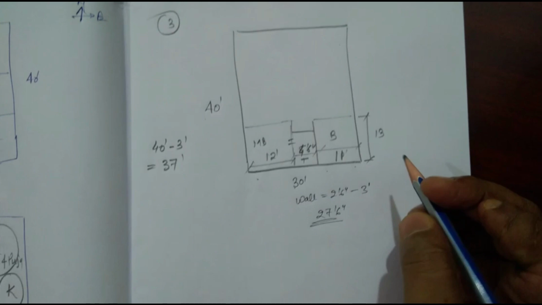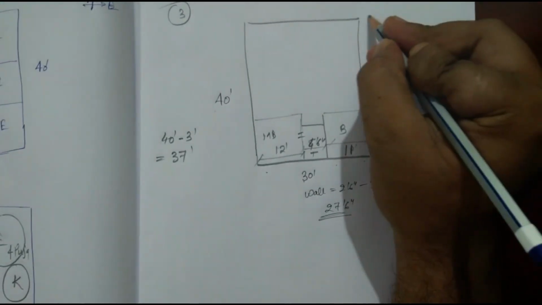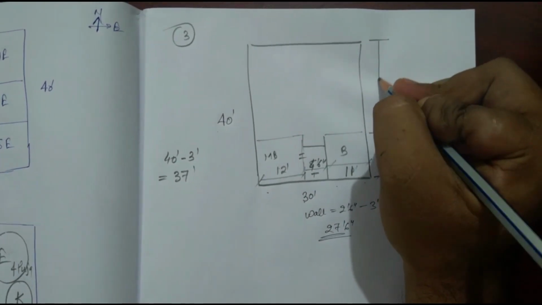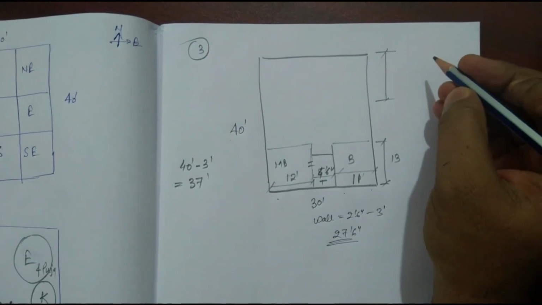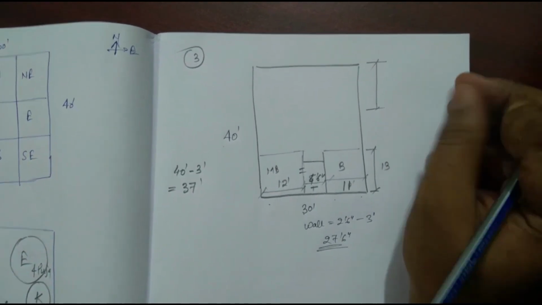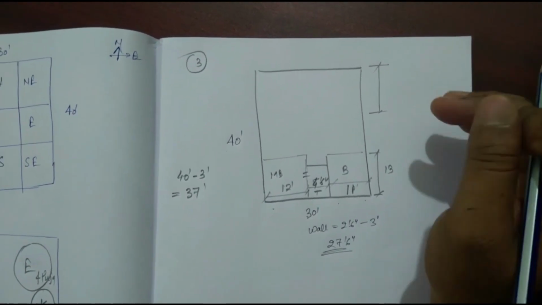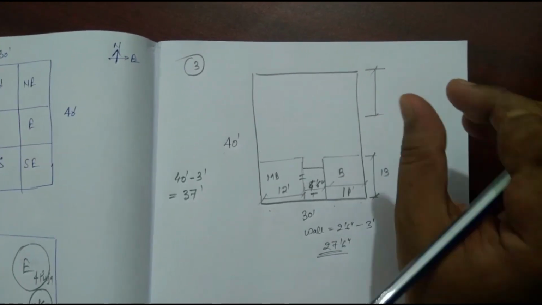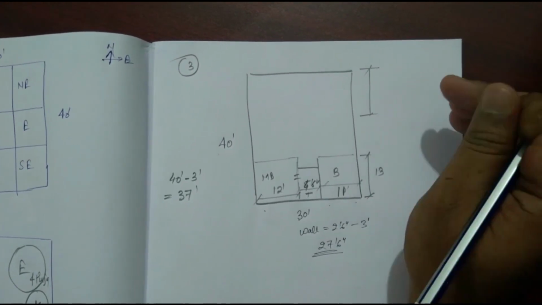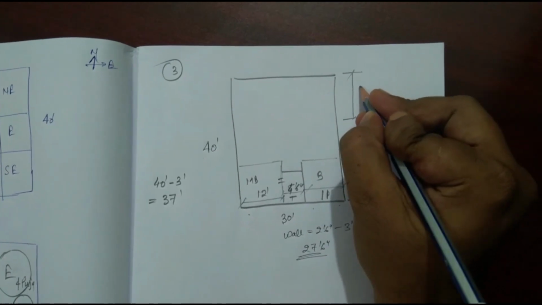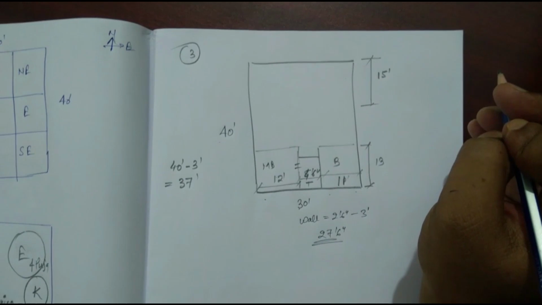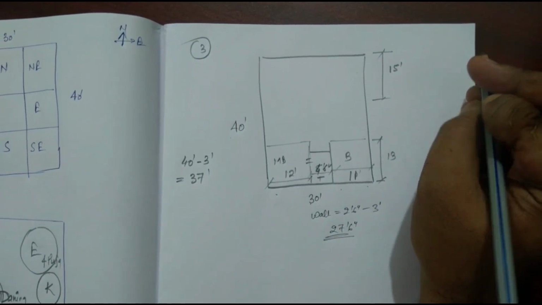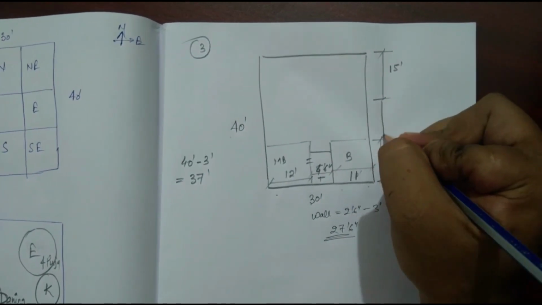So this 37 feet we can utilize for our planning, and we have already utilized the 13 feet. Now let us draw here. Any sedan vehicle has a maximum size of 13 feet, so let us give it a size of 15 feet, because any standard size sedan vehicle like the Maruti Alto has a maximum size of 12 feet 6 inches to 13 feet. So we'll give it a size of 15 feet. And as you know, it is also the entrance position. We'll specify the width of this garage or parking position later.